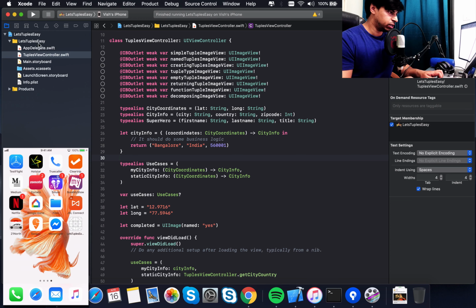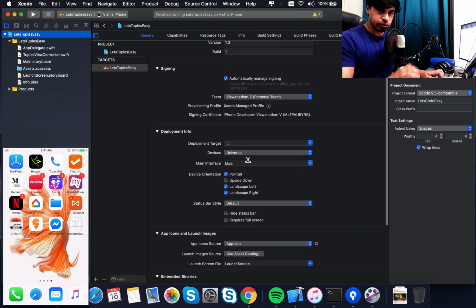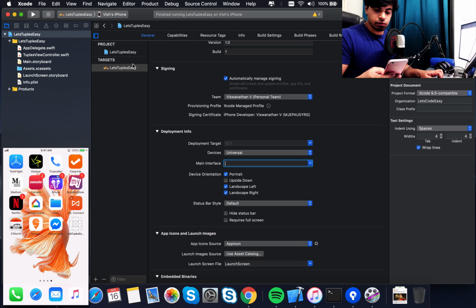Let me go to the project. If you look at the main interface, it's already loading the main view controller. It's using the main storyboard, which is being pointed to here. If you remove that, it will no more auto load the main storyboard. Just to show that, if I run the app right now,